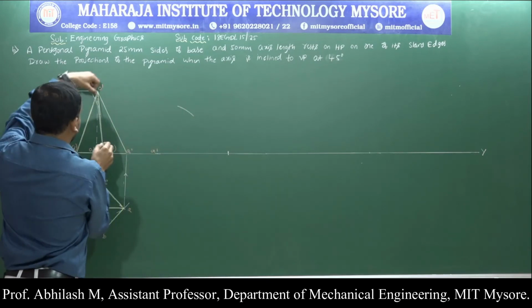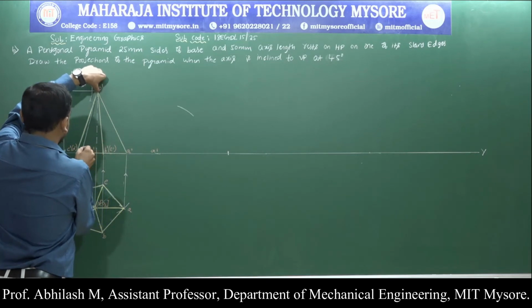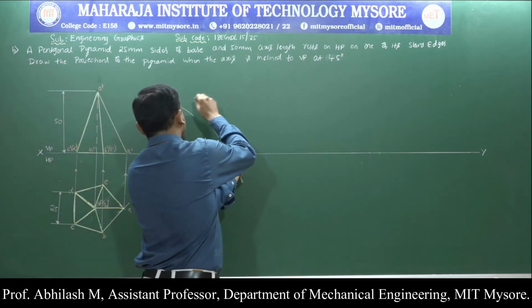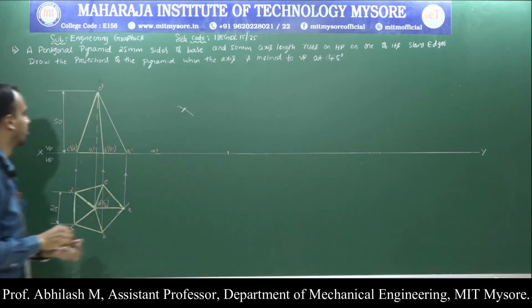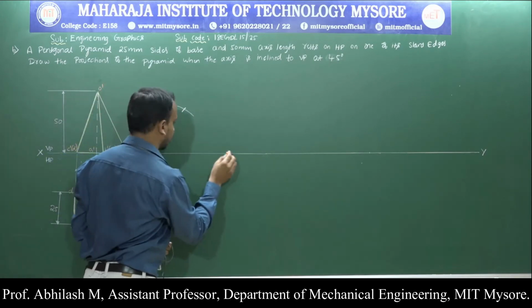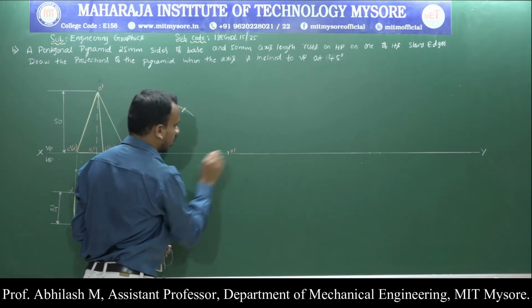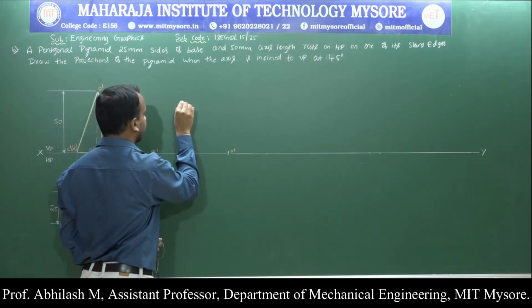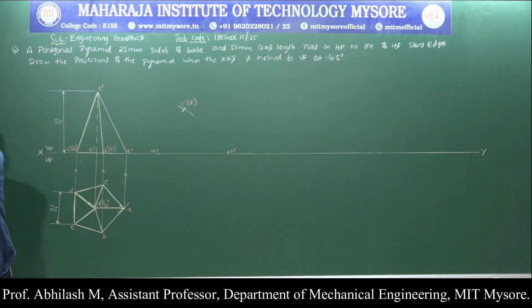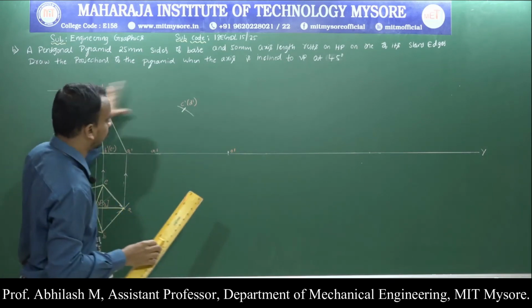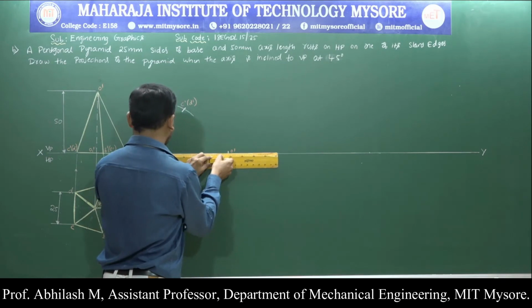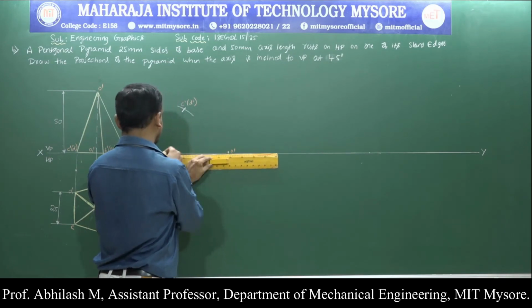From O dash, again we are supposed to identify the C dash and D dash point. So where the arc meets, that point will be my C dash and D dash. So let us name it in order to avoid the confusion. My A dash is here, O dash, and this particular point will become C dash of D dash. I am just transferring the first position completely onto the XY, based on the condition that they have mentioned. So it is a thick line from O dash to A dash.